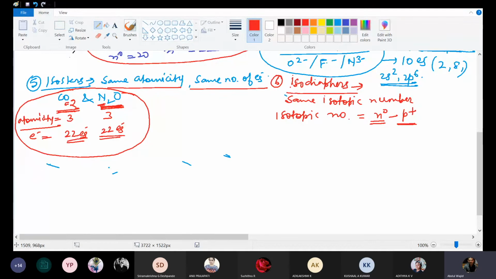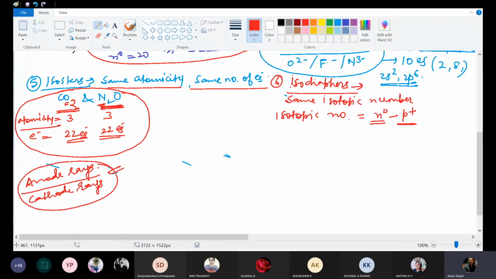And Shriram, are you there now? Yes, sir. One day you told me about anode and cathode rays. So just after finishing this, remind me of that, and I'll tell you the difference between those two. I think you are asking about that point only, so I'll try to explain that too, since questions are based on that point. After we finish this, we'll talk about anode rays and cathode rays and the points of difference.